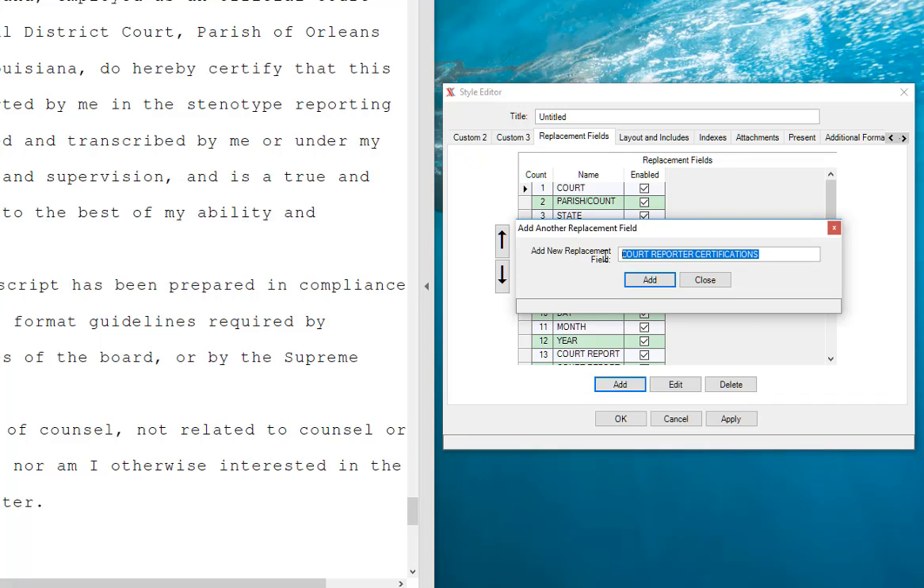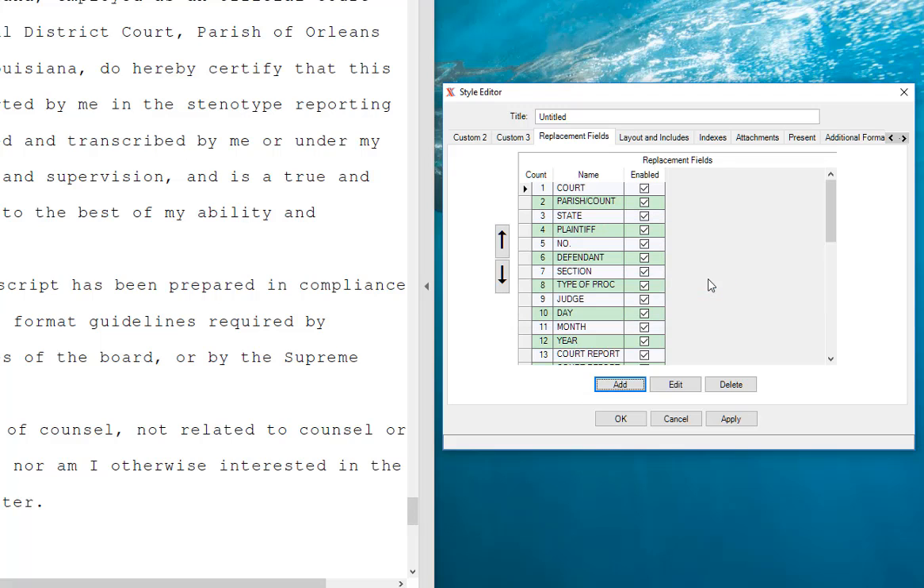Now, in a lot of transcripts, the start time is relevant, as is the end time. Also, a certification date. Okay, so I'm going to click on close, and here are all my replacement fields, and I'm going to click on apply,